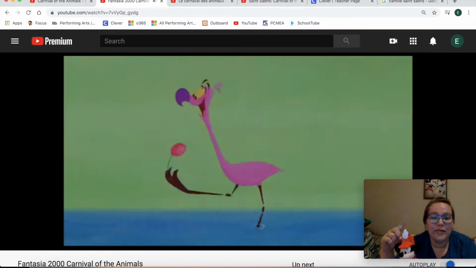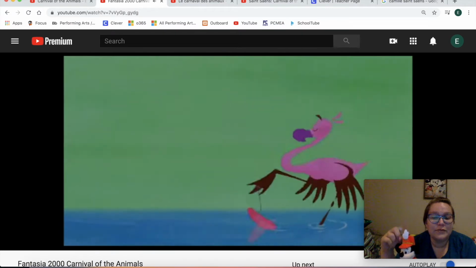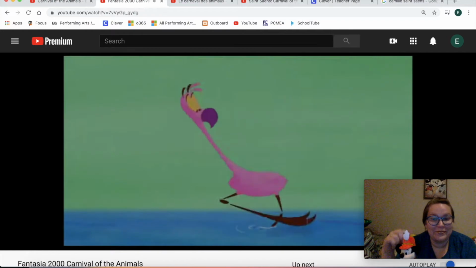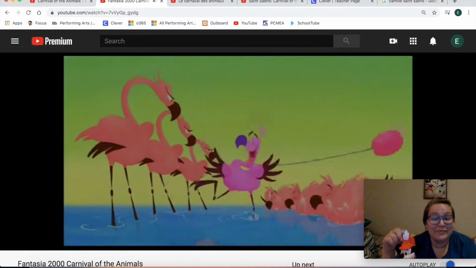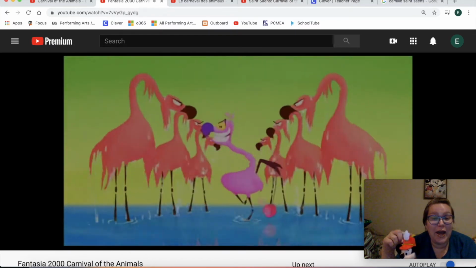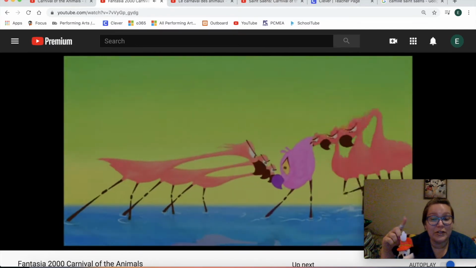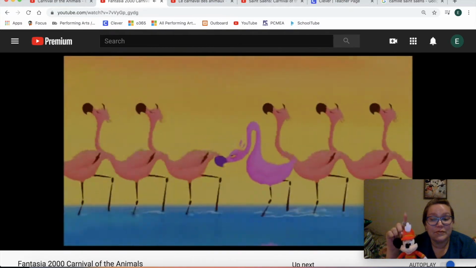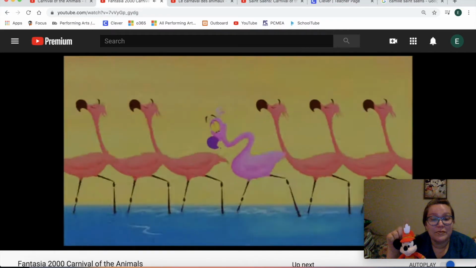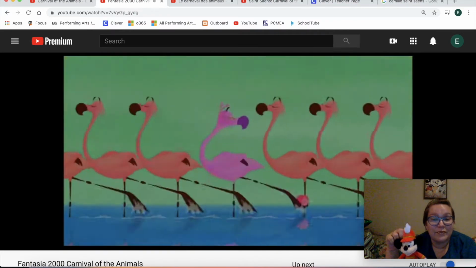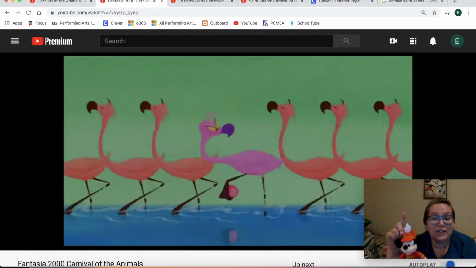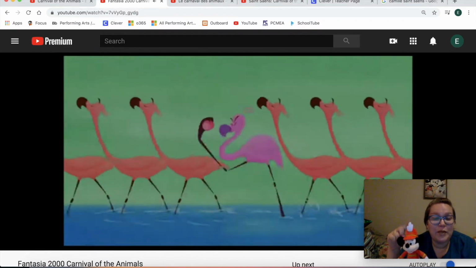And I don't know about you, I've never seen a flamingo that yo-yos before. Looks like everybody else is not too happy about his incredible yo-yoing skills. It's a very quick tempo, but many of their movements match the steady beat. So it helps you keep up along with it.